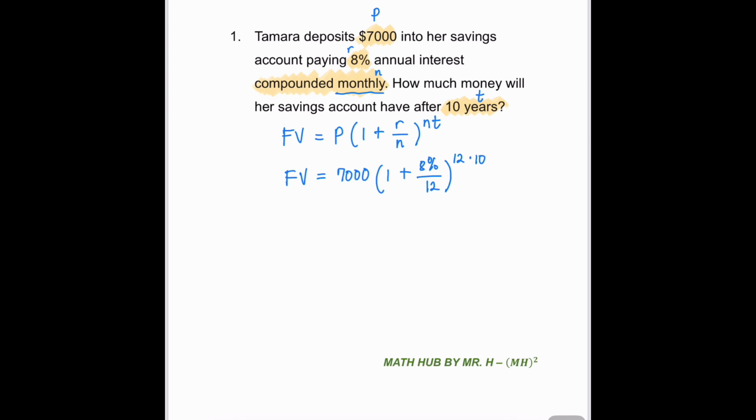All right, so we carry on simplifying. So future value will be equal to 7,000 times 1 plus 8% divided by 12 to the power of 120. All right, so I have an advice for you here. Since you will be allowed to use calculator for this one, you need to type all this information in one go. So if you type all these numbers in one go on your calculator, it's going to give you an exact value of